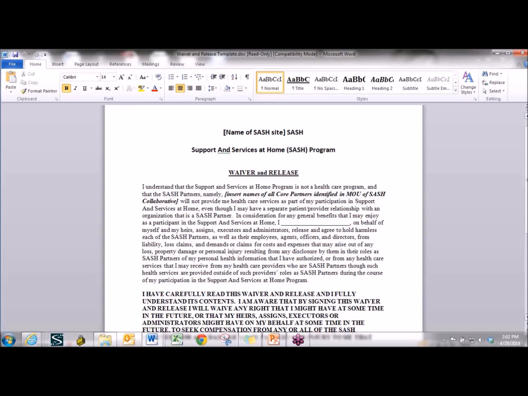And I know that sounds confusing, but I'm going to make it clear in a second. But it's important for you to understand that when the organizations come together to do SASH, when they're in that official capacity as a SASH partner, they are not providing health care. That doesn't mean that they can't have a separate relationship where indeed they are providing health care, but those are two very separate